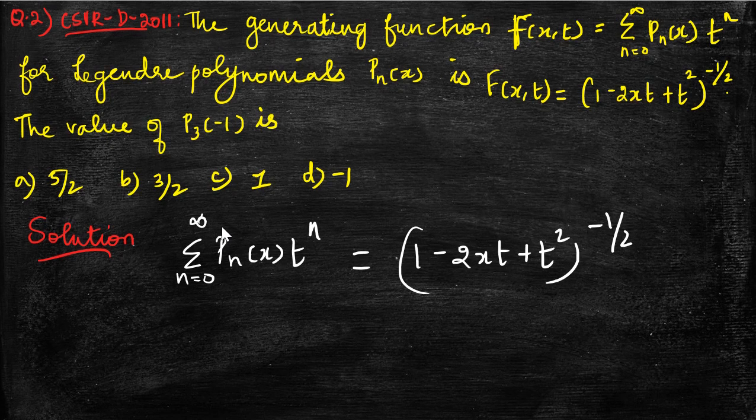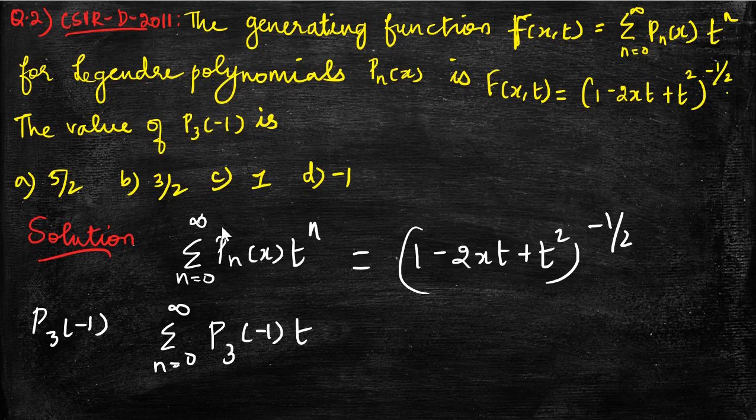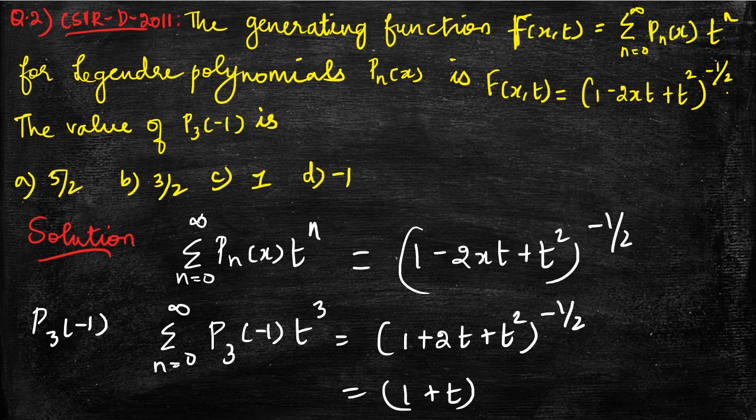Okay, so we'll have to find the value of P3 of minus 1. So for P3 of minus 1, see that x takes the value minus 1. So summation n is equal to 0 to infinity, P n is P3 and this one is minus 1, t power n is equal to (1 minus 2 into minus 1, which will give you plus 2t, plus t square) the whole power minus half. So now we'll have to see that this is equal to (1 plus t) the whole square